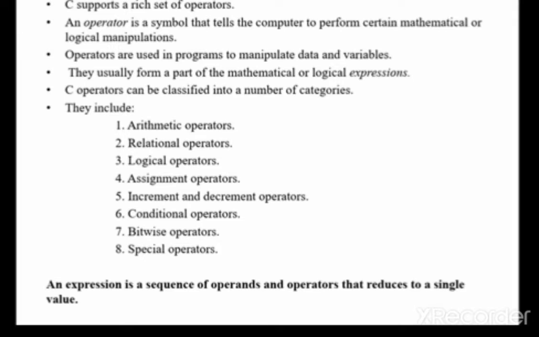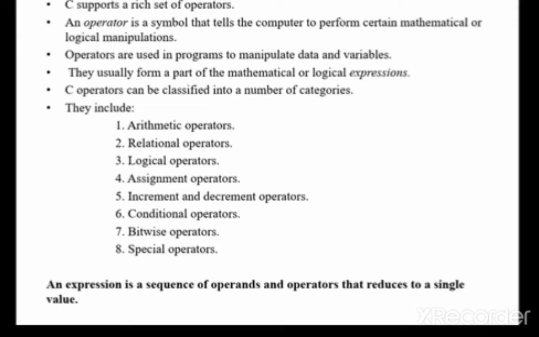So what is an expression now? An expression is a sequence of operands and operators that reduces to a single value. Now S is equal to A plus B. There we have A and B. Plus is an operator, equal to is an operator.